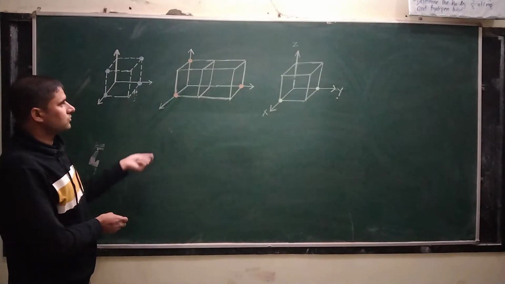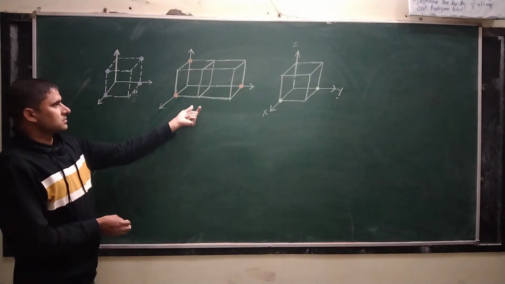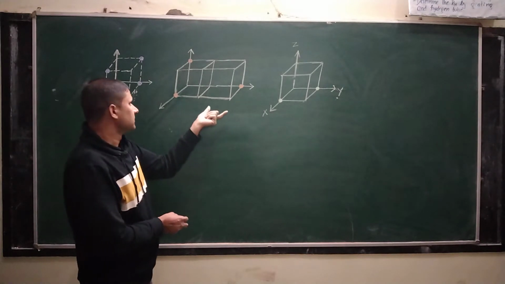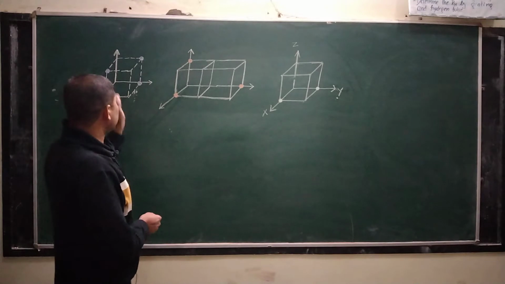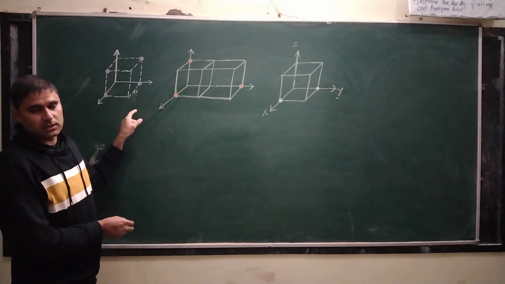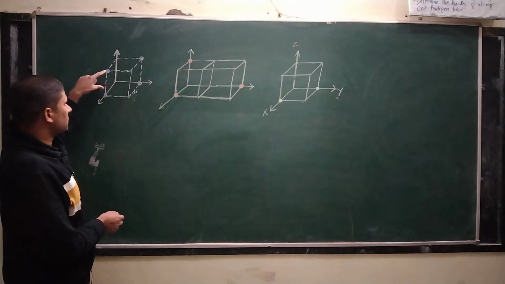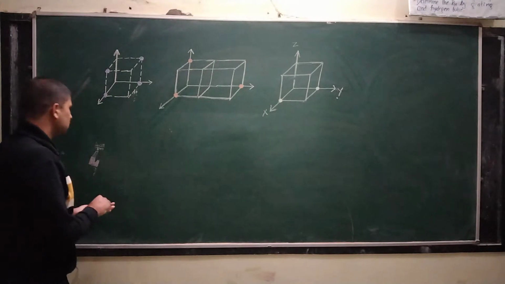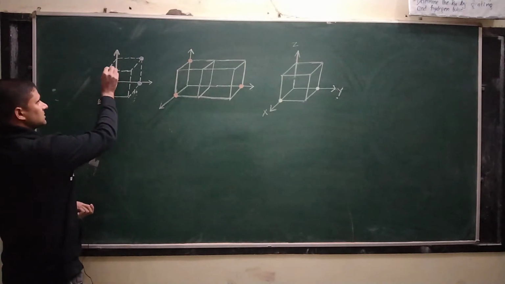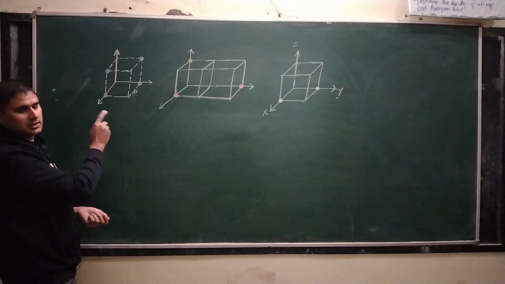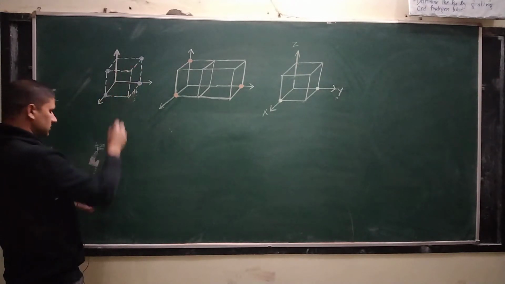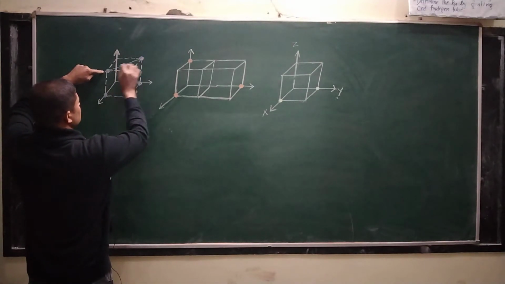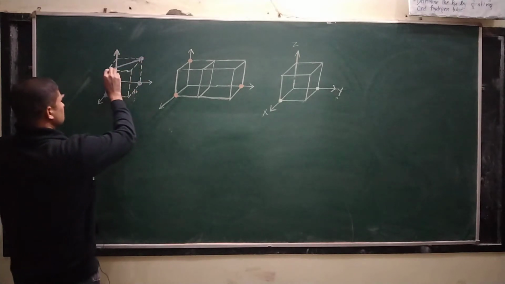Okay class, now we have different crystal lattice structures, and these are simple cubic basically, and we have to find the Miller indices for the planes which are passing through these crystal lattice points. So class, you can see in the first case this is simple cubic and particles are present which are shown by this color. So if we take a plane which is passing through these lattice points, then it will